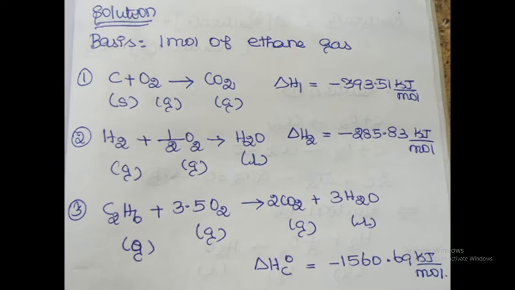Okay. So step number 3, based on the number of moles of combustion products formed in the combustion reaction, we should multiply equation 1 by 2 and multiply equation 2 by 3. Then add these two equations and we have to subtract the rest of the reaction in the given problem. Then we will get the standard heat of formation of ethane gas reaction and its value. Are you clear or not? Okay.